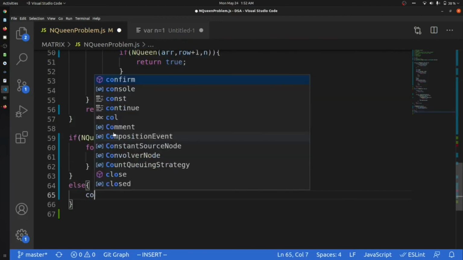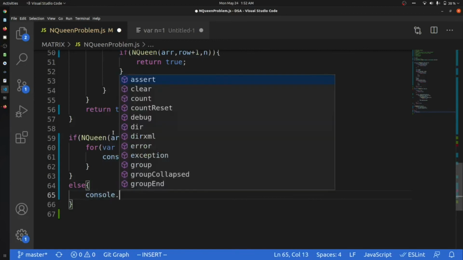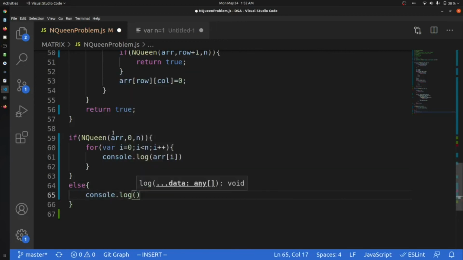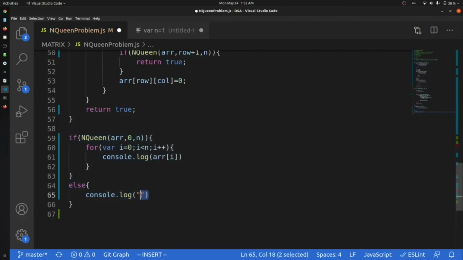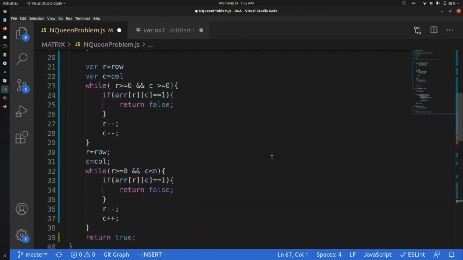Else, if we don't have a right position, we print no right positions. Please forgive me for any of my typos.